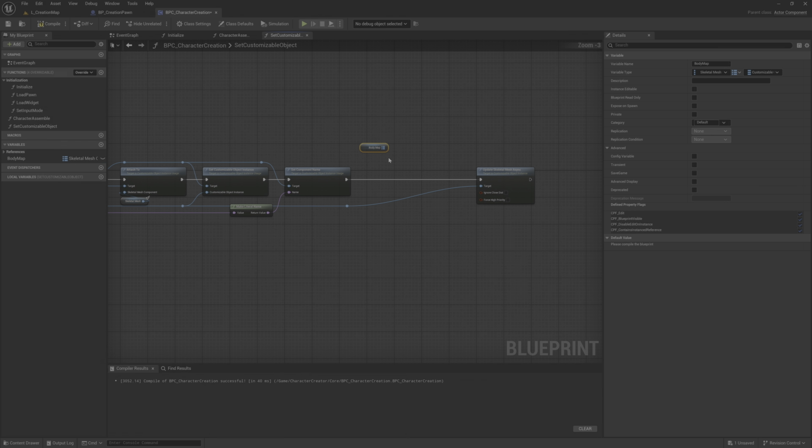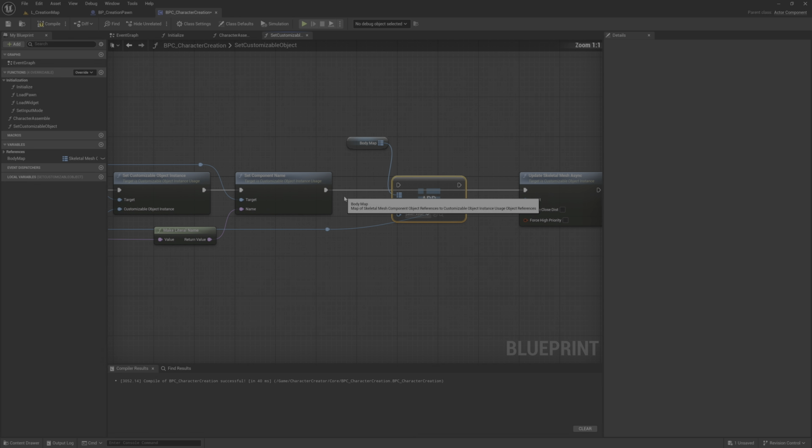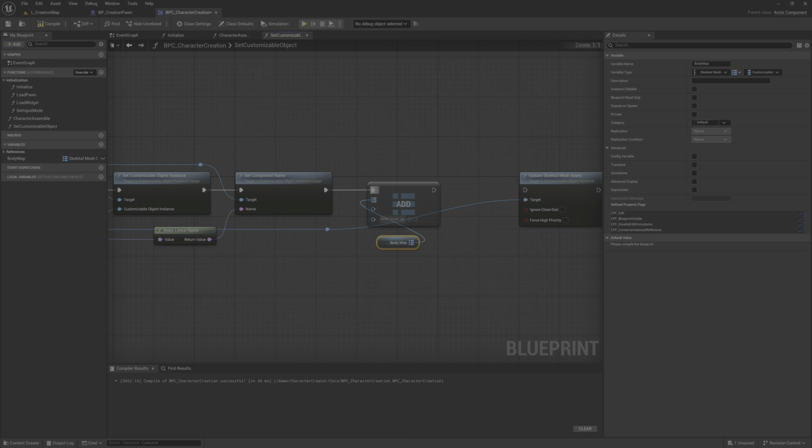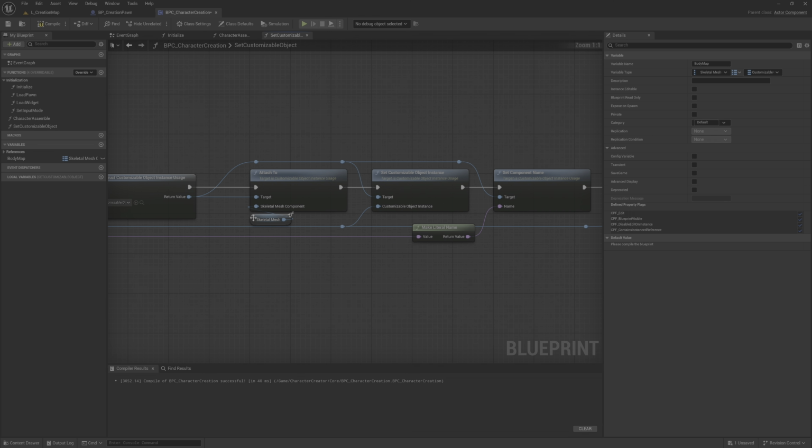Now grab the body map, add it here. Okay, and this is a skeletal mesh, so it will be this one.